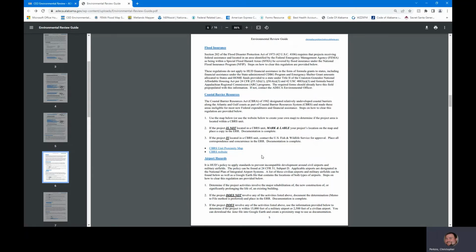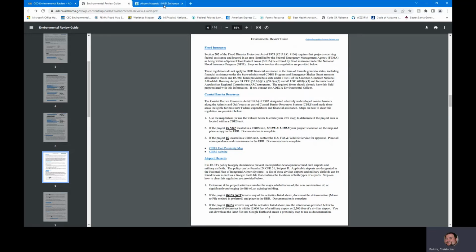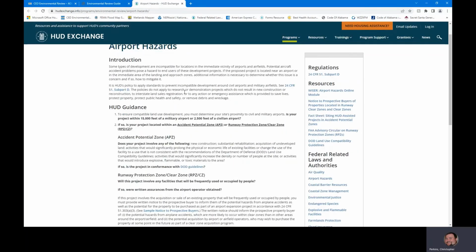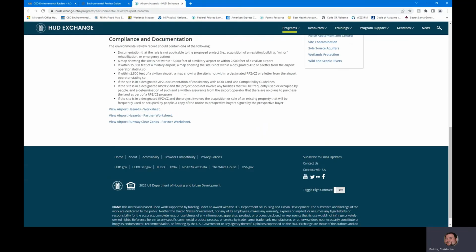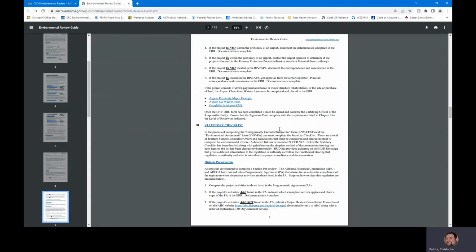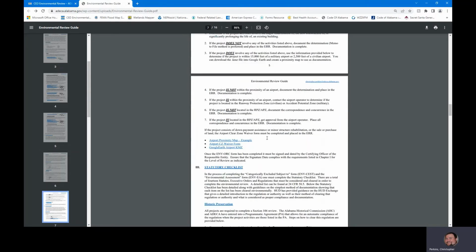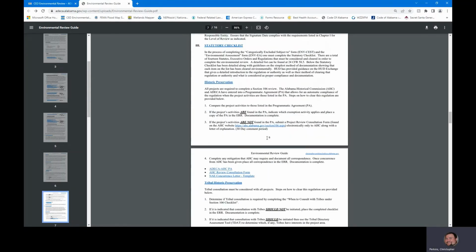Next up is the airport hazards. And again, like I said, all of these you can click on, and they should take you to those guidance at the HUD Exchange. And again, it walks you through how to properly document the airport hazards. The third section